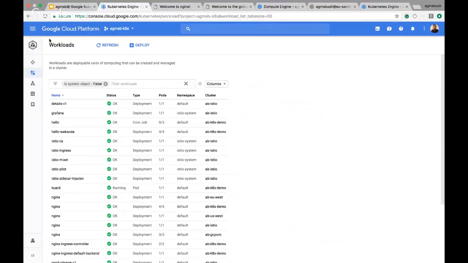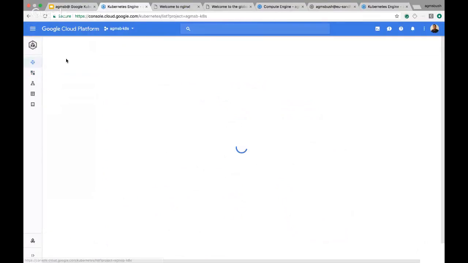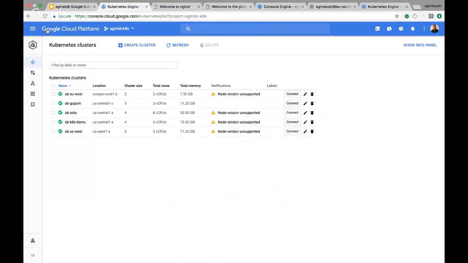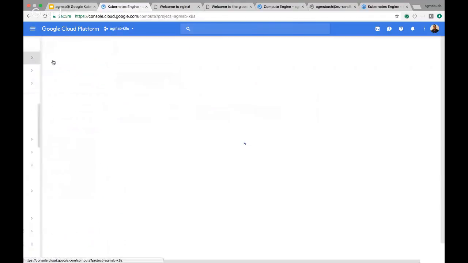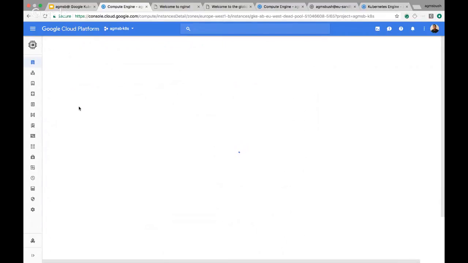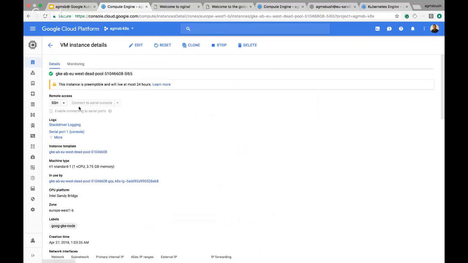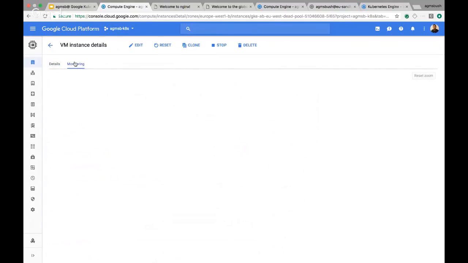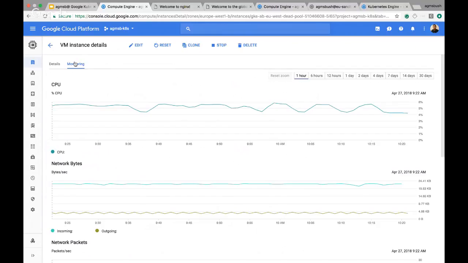So here's a Kubernetes cluster, or I'll get to the Kubernetes Engine UI in a second. But basically, I can look into Compute Engine and actually see all of the different virtual machines. I have 5 different Kubernetes clusters up and running, but I can go in here and see some very basic level of metrics on my virtual machines, like CPU utilization and some network statistics as well. But if you want to make some custom charts, you can absolutely do that in Stackdriver as well.